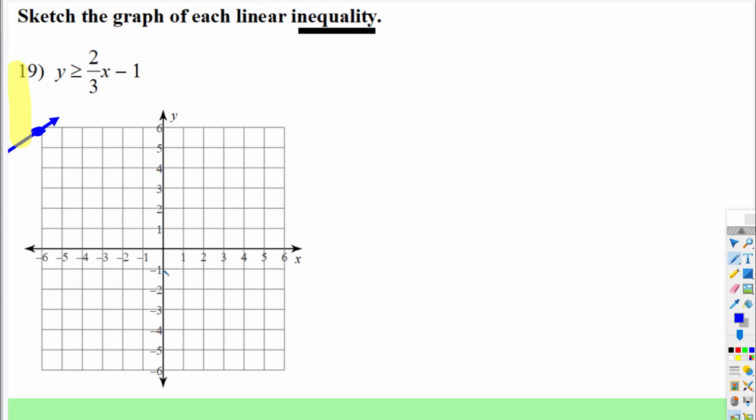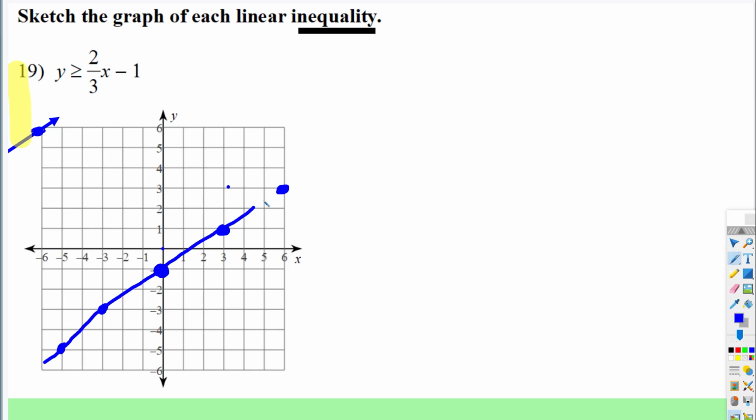So we start at -1 on the y-axis, and it's solid because of the solid line. And then we're going to go up 2 over 3. And then we're going to go down 2, back 3, down 2, back 3. I think we can go up 2 over 3. Okay, then once you do that and you draw the line,